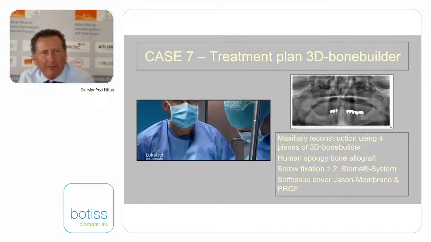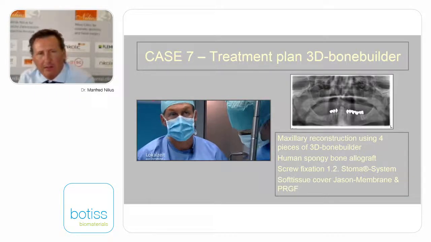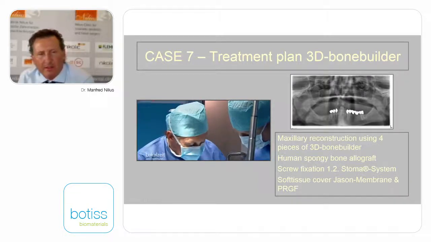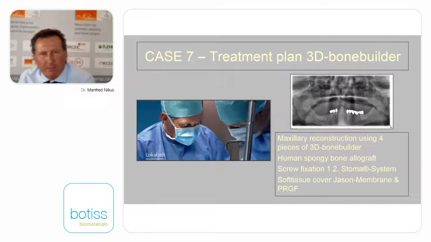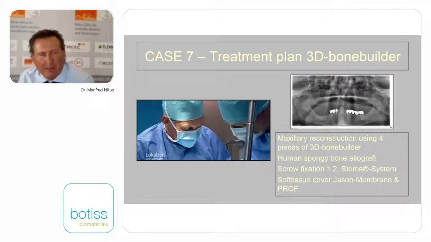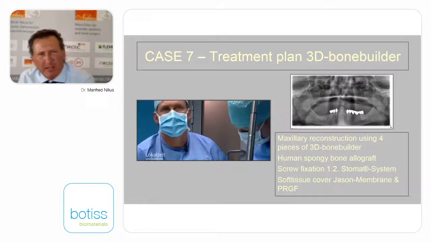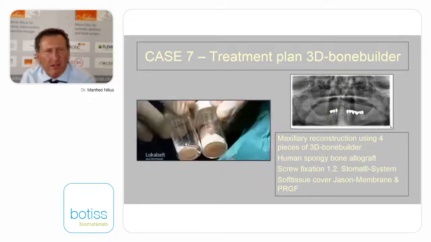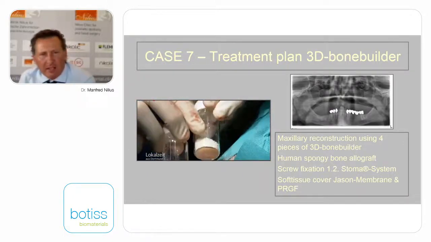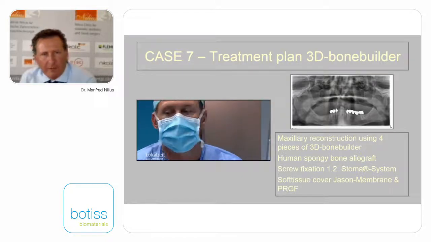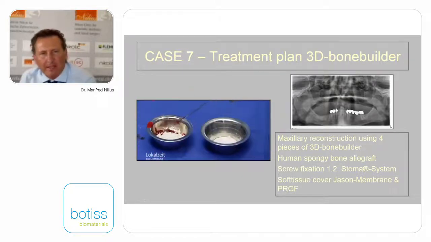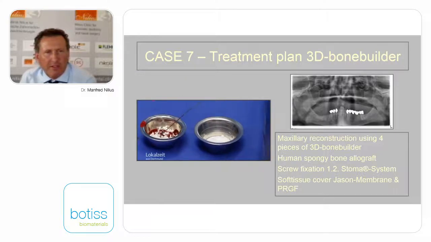The new procedure now is reducing the time of the operation, not to harvest the only different bones from tibial parts or from the calvary parts. Calvary sometimes I like very much, but it's very hard. People don't like it. The man, their scar on the skull. This is again the spongy bone, and it's not only fixation of the bone, because you have to fill up all the gaps, and you use blood, and